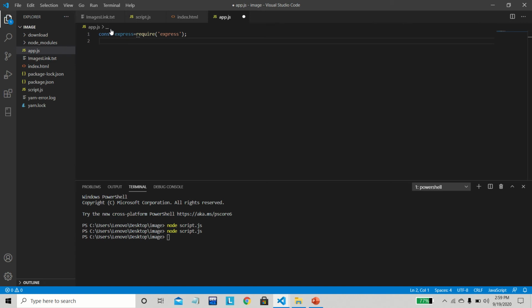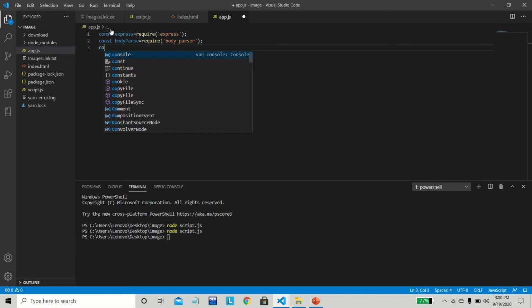Okay, so I'm using Express only, but there are many ways to parse an HTML file. Another is body parser. Body parser is used to get the data from the body of the HTML form. Because I told you it works on JavaScript, it will not parse data from an HTML form. So we need body parser, which will go to the body of the HTML page and get data for us.